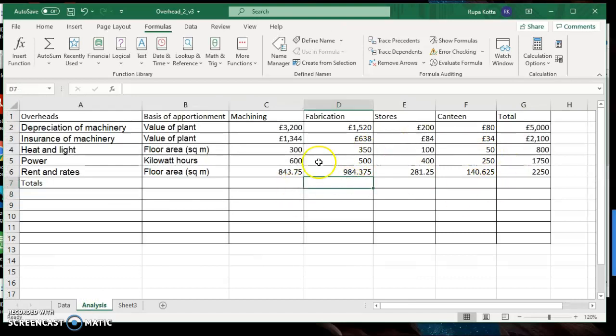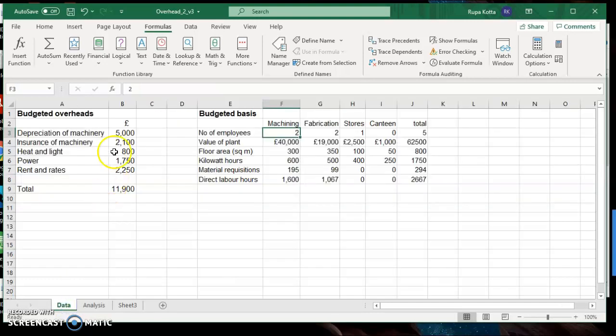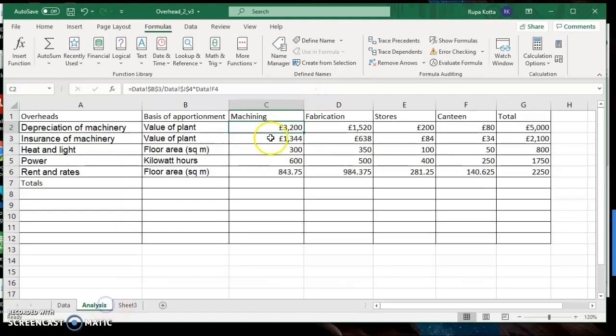Okay, this is the same task as 12-10, so that is why I have completed up to the calculation of the overhead analysis sheets. If you remember, first you prepare the formula, you take the cost, you decide the base of apportionment, and for each and every cost you take the total cost divided by the total base of apportionment multiplied by the usage for that particular department. I have used that very similar formula to calculate the total cost for all the departments. But in this particular question you also have to do the reapportionment. So before we do the reapportionment, first calculate the totals for all the departments.